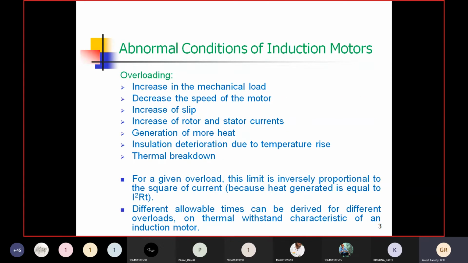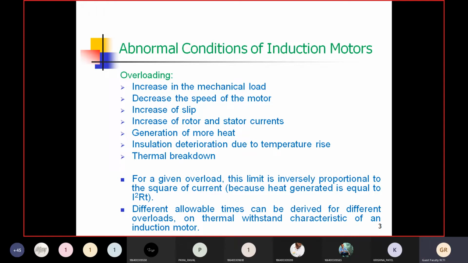Now, once we have decided that we are going to provide protection to only huge motors, then we need to understand what are the different types of troubles that are going to be faced by these machines. Now, the very first common trouble is overloading, and it generally happens in India, because any of the systems, any of the machines, any of the equipment we buy, we try to use it up to its maximum limit. That is an Indian trait.